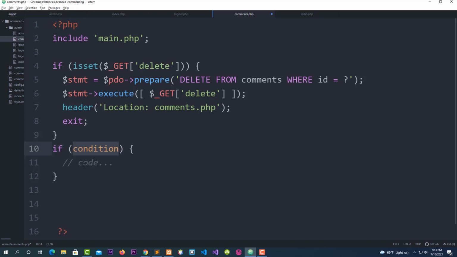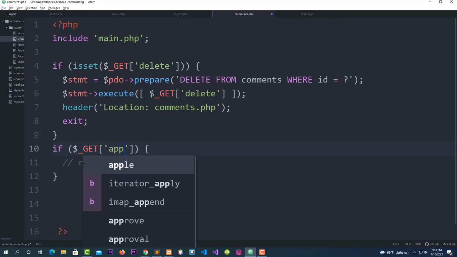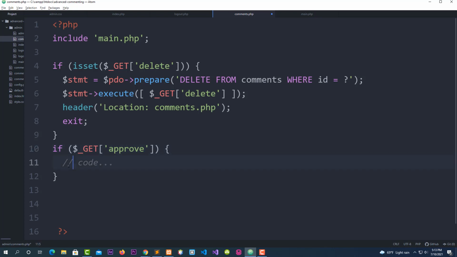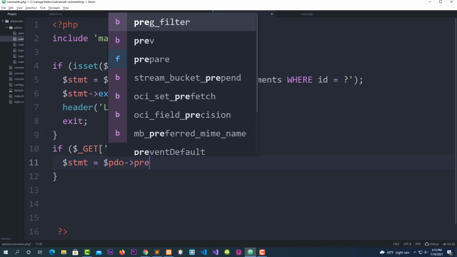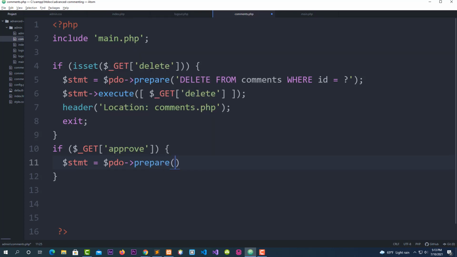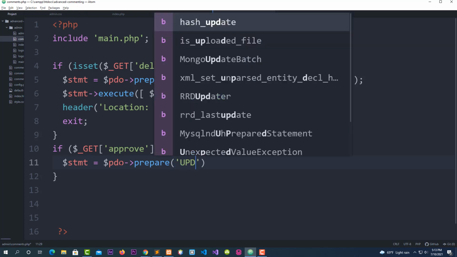And for this, I'm going to use the if statement. I'm going to say if a GET method, if get. Now this time I'm going to use it for the approve. Okay. And this is where I'm going to pass my code. I'm going to use statement. Put a $ sign in front of video. Prepare parentheses. Now, so I'm going to update